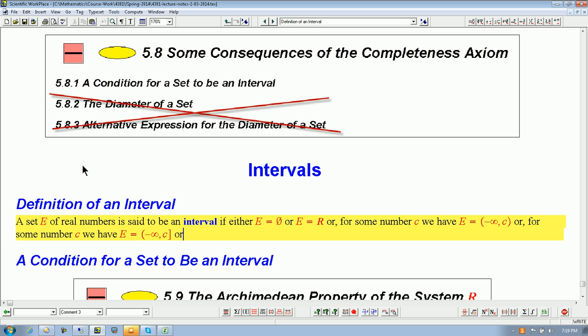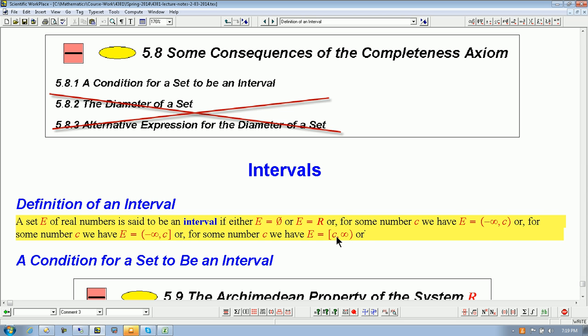Or for some number C, we have E equals the set of all real numbers that are greater than or equal to C,